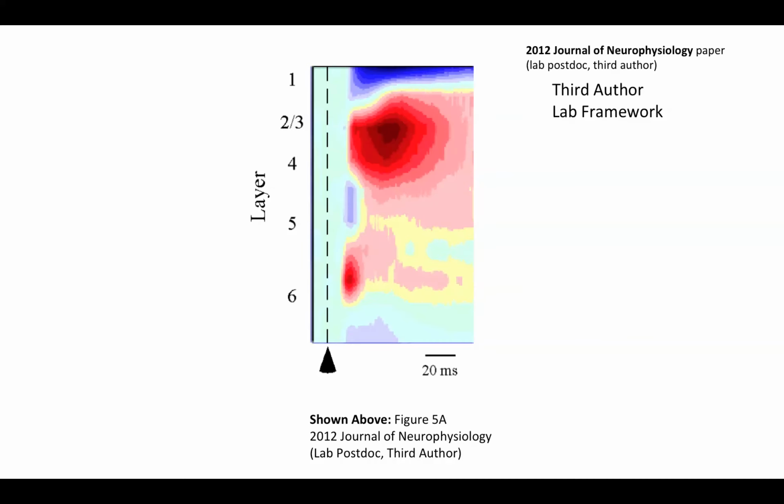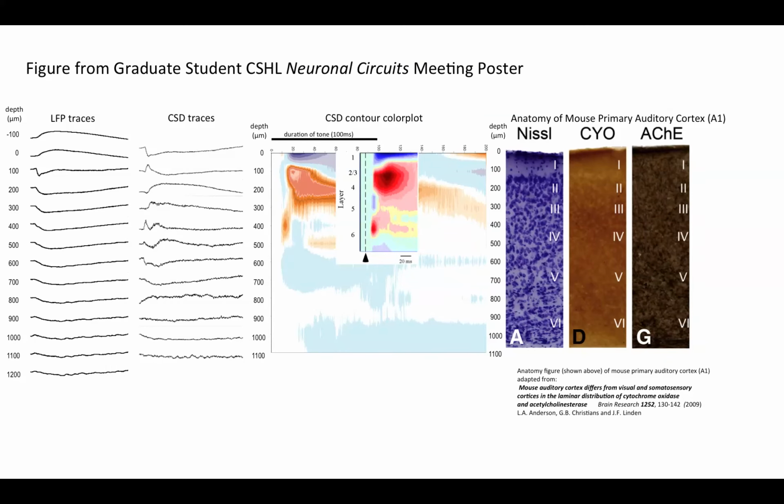Now, this is completely at odds with my lab's framework, which posits that this is a layer 6 axon collateral, and that layer 4 and layer 2, 3 are both in this very superficial sink. And I can show you how at odds it is with that if I just superimpose it right here. So my lab's framework posits that this is layer 6, right here in the middle layers, at what is really layer 4, and that this is layer 4 and 2, 3 up here at an incredibly shallow depth of 200 to 100 microns. I mean, this would be in layer 2.